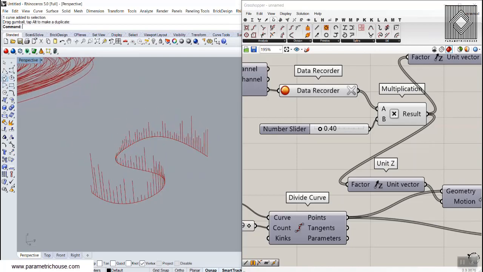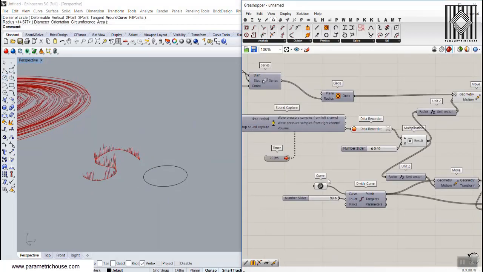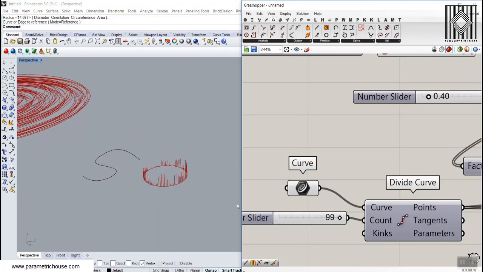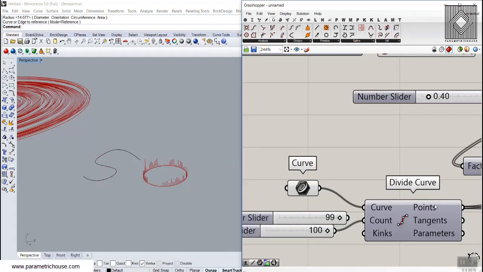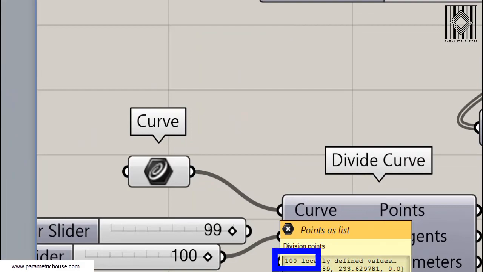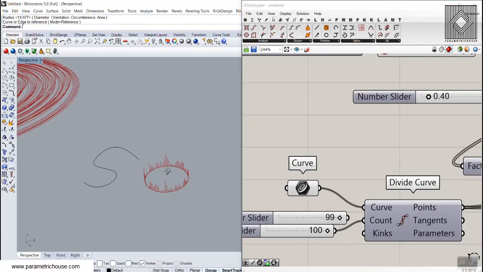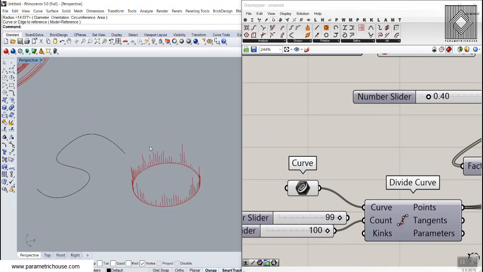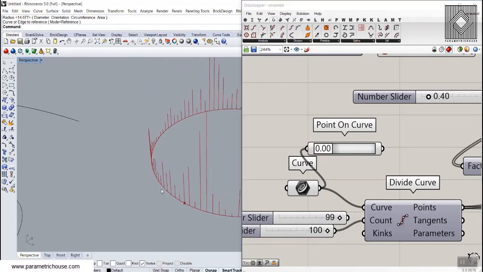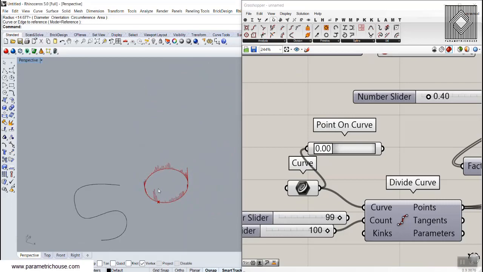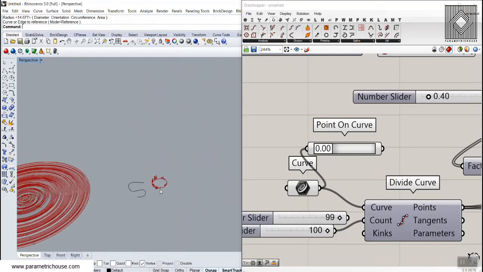We can also start to use a closed curve here, and then we need 100 points, because when you just divide a curve that is closed, it's going to give it the same number. The first and the end points will collide, and you can see as I'm talking the sound is rotating in this circle on and on and on again, and it will start from this starting point. Let me show you. So the sound is basically going from here and so on. So this is the example of the sound.